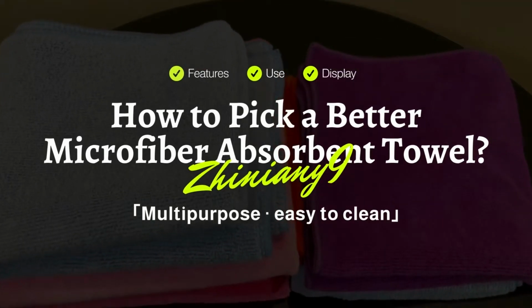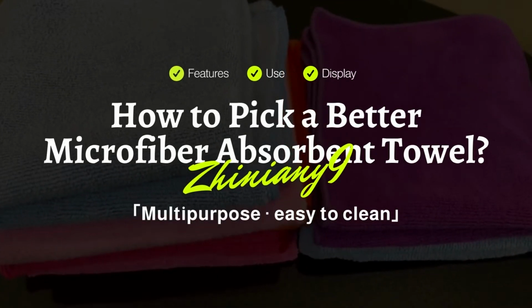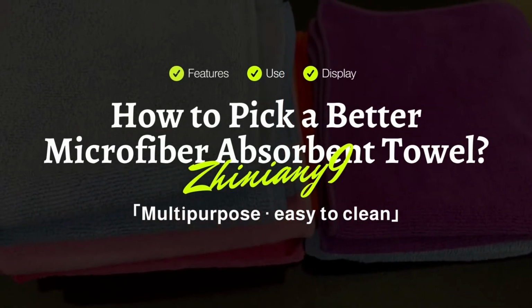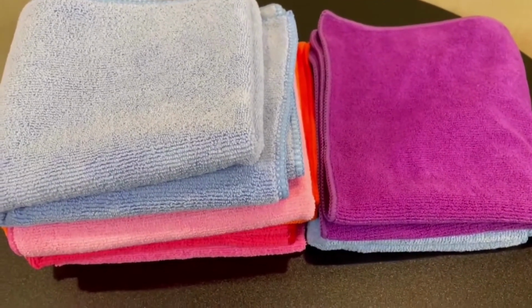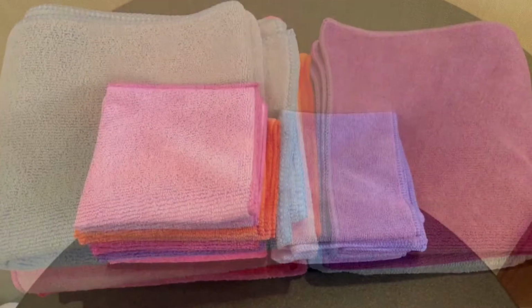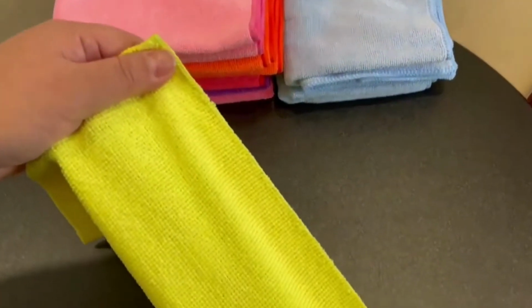I will share with you some basic knowledge about microfiber absorbent towels to help you make better choices. The main feature of microfiber towels is that they are very delicate and soft, and also have very strong cleaning and breathable functions. This is a poor quality microfiber towel. It can be seen that its weaving is not dense enough, the aperture is relatively large, and the water absorption